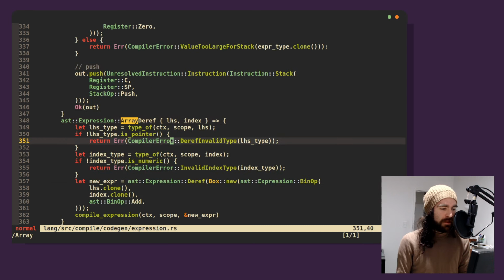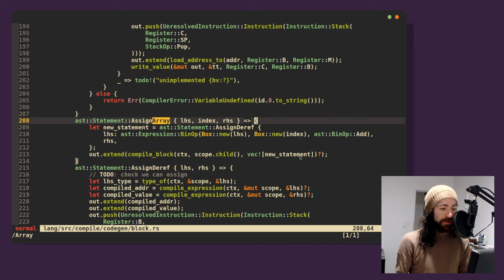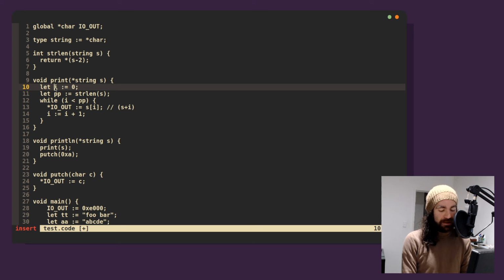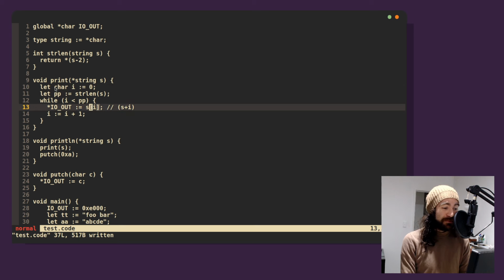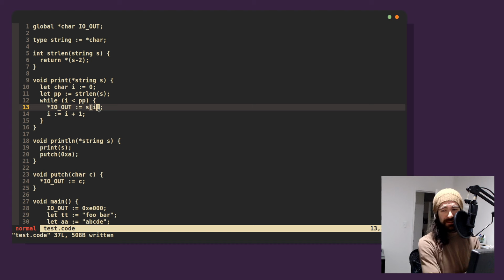Array deref, yeah. So we rewrite it, right? What's the type of a binary operation? What's the type of A plus B? It's the type of whichever of those things is bigger. What's the type of I? I is an int. So I can fix this right now by explicitly saying that I is a char. That will fix it. But anytime we have an index directly, it's always going to upcast that to an int pointer, which is not what we want. Very much not what we want. So I need to reevaluate this.